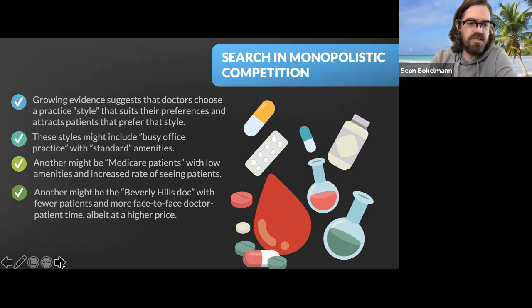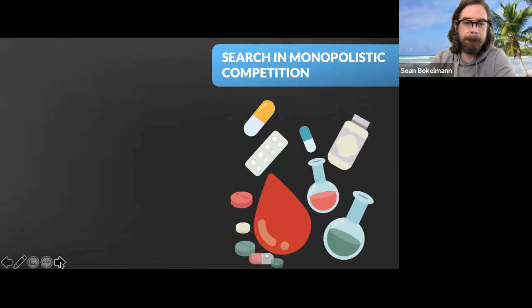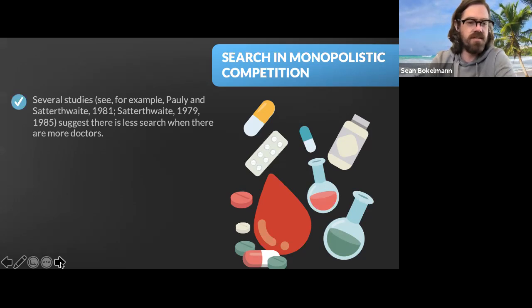So these are going to depend on both the physician's preferences, right? The physician is going to choose their most preferred style, and that's going to attract particular types of patients, right? And of course, part of the physician's choice of style is going to be financially motivated, right? So if you're a doctor living in Beverly Hills or Los Angeles, you might be able to charge a premium if you offer some nice amenities or more time with the patients or something like that. But